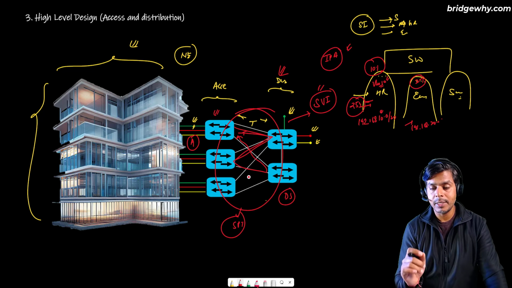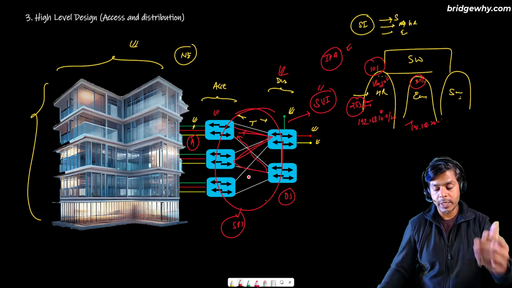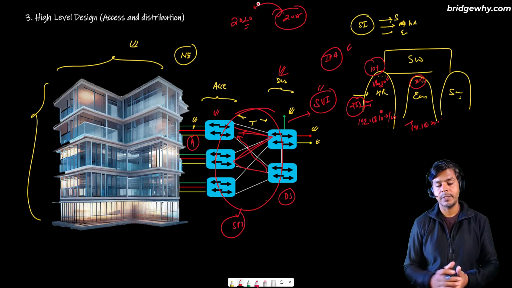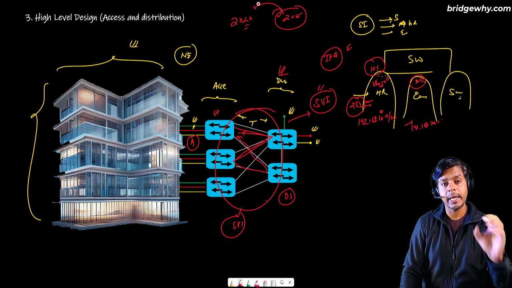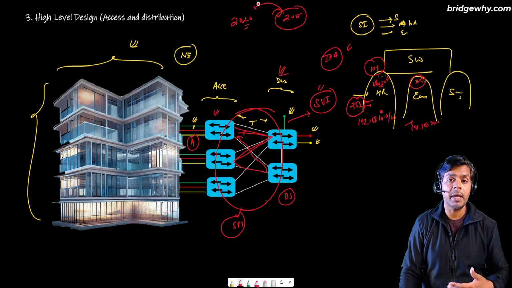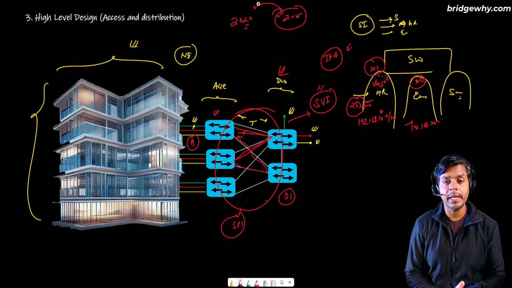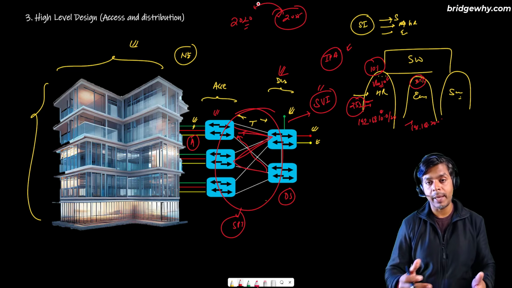Believe me, if you are thinking that some designs are good, some designs are bad, no. A good design is a design which can cover most of the requirements of the customer, right? Suppose I have created a design in 2020, and if you see that design in 2025, you can say, Vishnu, what a crap design you have built. But I would say, no, my design was good because at that moment it catered to all the requirements from the customer. But maybe in 2025, there are some different things which my design is not capable of, but I did a good design. So a good design can be bad after some time,